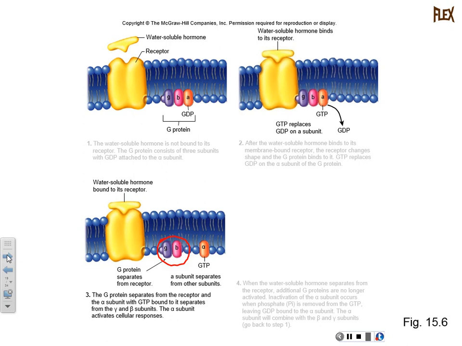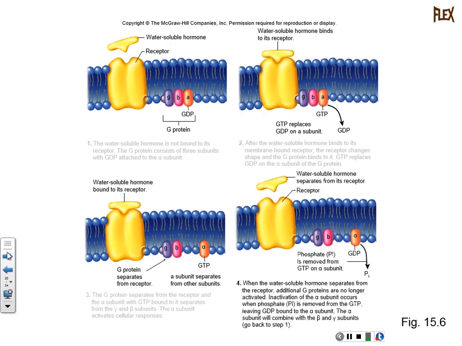And then this activated alpha subunit attached to GTP can excite, say, opening of a protein channel, an ion channel, for instance, and that's one of the examples I'll show you first. Or it can stimulate an enzyme or MAP kinase or all these enzymes that will phosphorylate other proteins. Okay, so it can activate an enzyme or it can open an ion channel. Okay, and then of course,